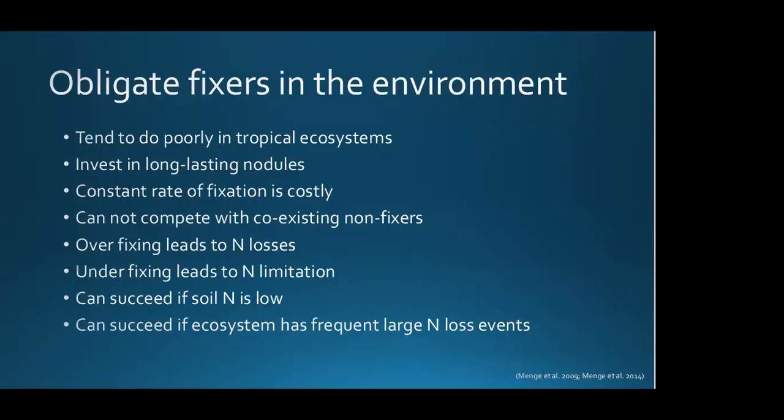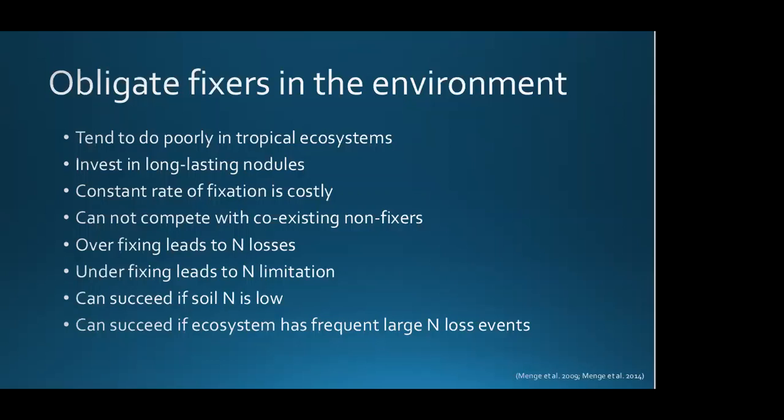Obligate fixers tend to do poorly in tropical ecosystems, which are typically not nitrogen limited, because the investment of resources into long-lasting nodules that fix nitrogen at a constant rate is too costly to compete with coexisting non-fixers. In nitrogen-rich environments, obligate fixers overfix, leading to N losses via tissue turnover, whereas in nitrogen-poor environments, they underfix, leading